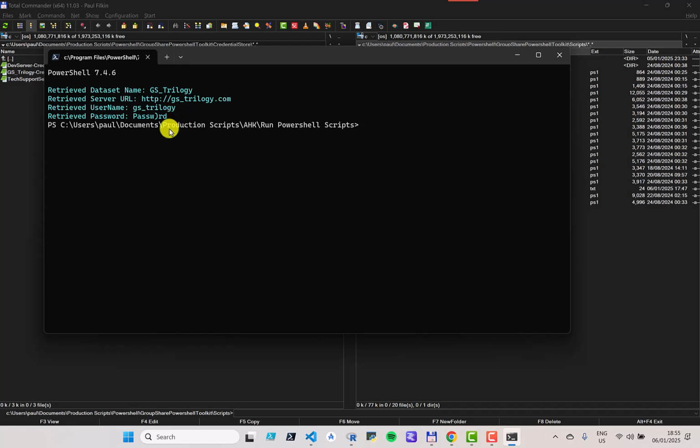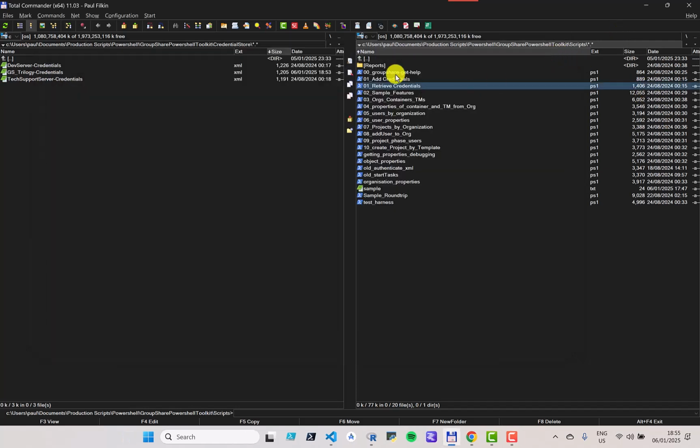So that works, and the reason I showed you that is because fundamentally all of the other scripts that I'm going to be running, or the other script that I'll run, probably only one, use this idea of decrypting the authentication XML file, the encrypted XML file, in order to be able to log in, get the token from the GroupShare server, and then run all the scripts that I'm going to be running. So that's essentially how the credentials part works, which was new compared to the PowerShell Toolkit Part 1 that we